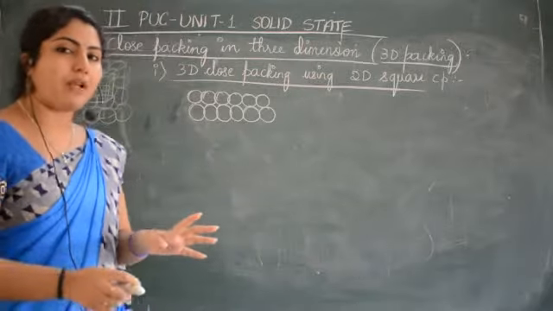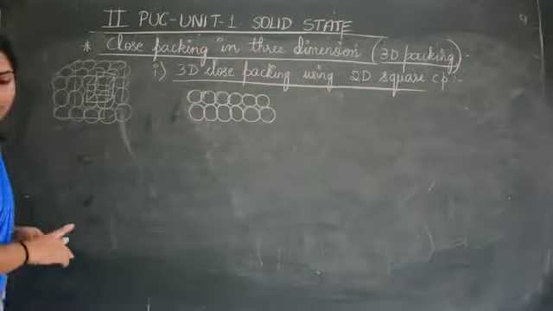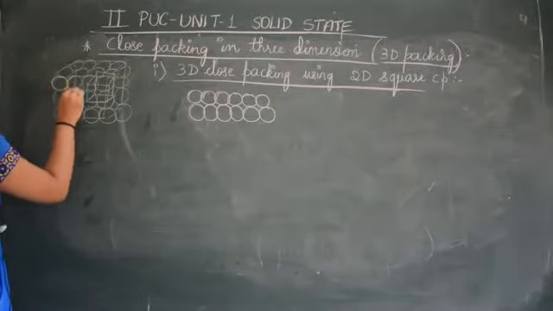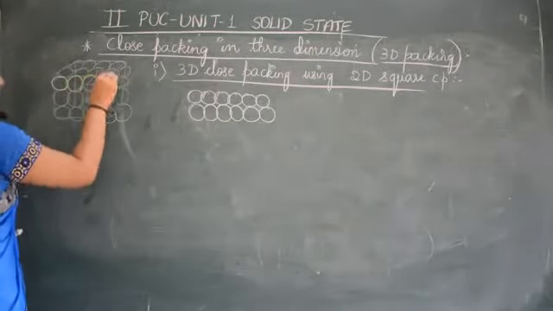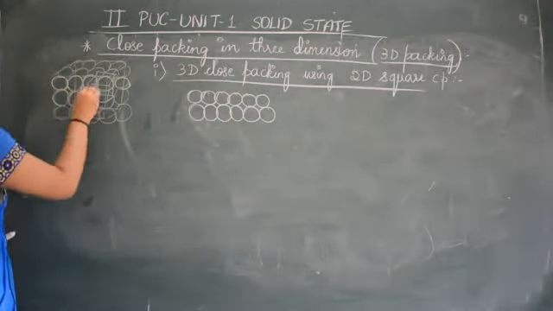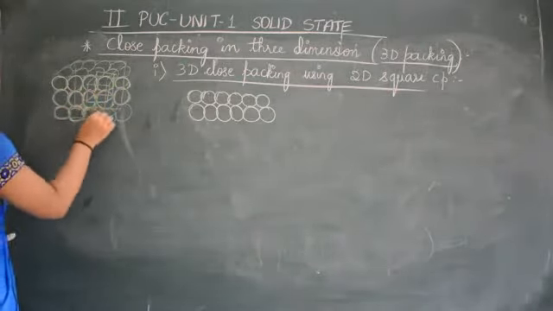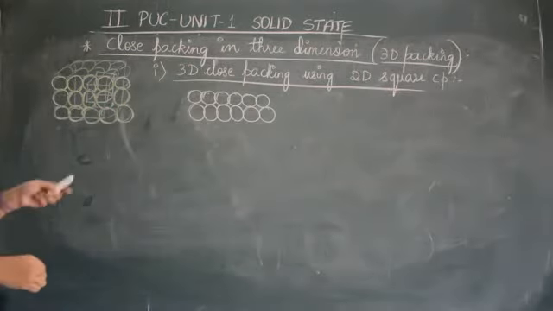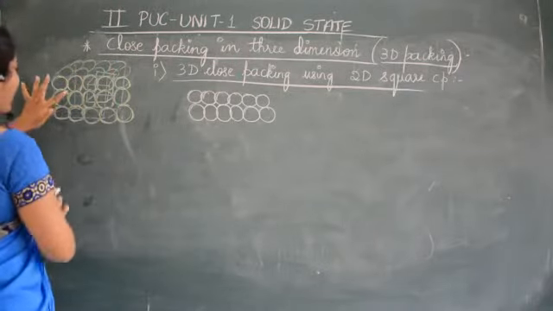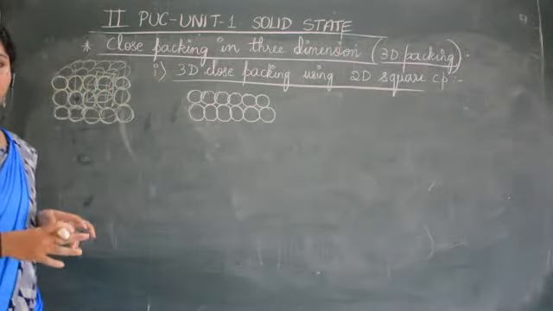So the arrangement may look similar to this. Here you can see the atoms. This is one layer of atoms, and exactly the same layer of atoms is placed below it. This is square close packing. Are you getting it? If you join these, these are all the atoms of square close packing. If you check the coordination number, if you consider one atom, 1, 2, 3, 4 is the coordination number. This is square close packing.